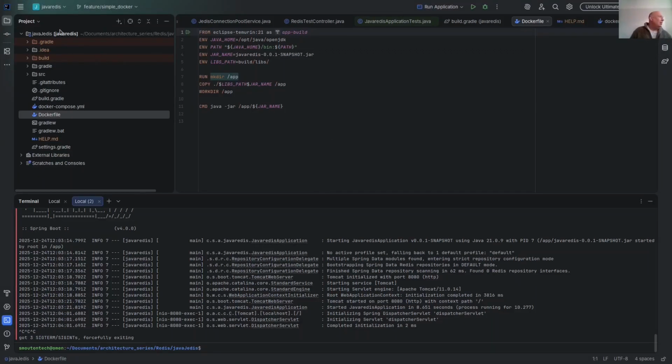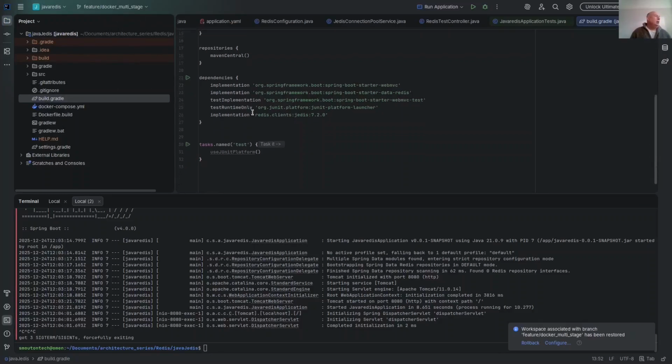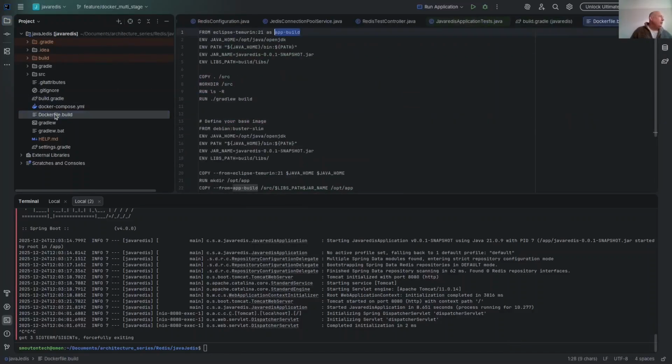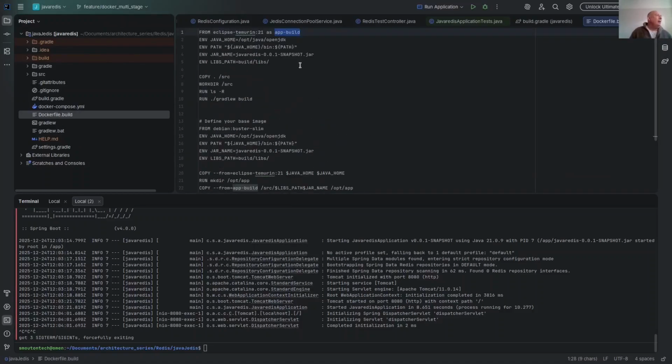So let's have a look and see what that looks like. So once again, we still have our Gradle build, and this time we have a different Docker file, which I've called Docker build, just to differentiate it. And there are 2 from statements in this, so each is a different stage. So the first stage, which we're naming app build, is coming from Eclipse Temurin,